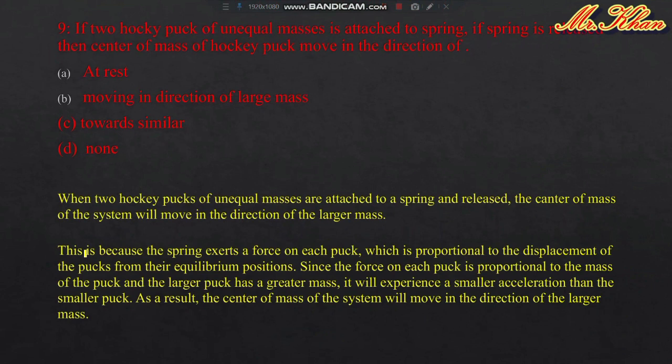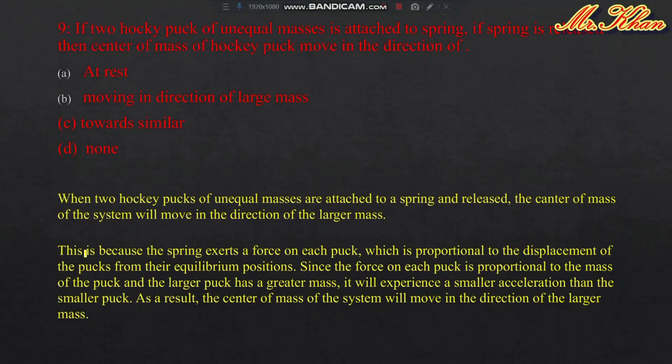If two hockey pucks of unequal masses are attached to a spring and the spring is released, then the center of mass of the hockey pucks moves in the direction of: A. At rest, B. Moving in direction of large mass, C. Towards similar, D. None. When two hockey pucks of unequal masses are attached to a spring and released, the center